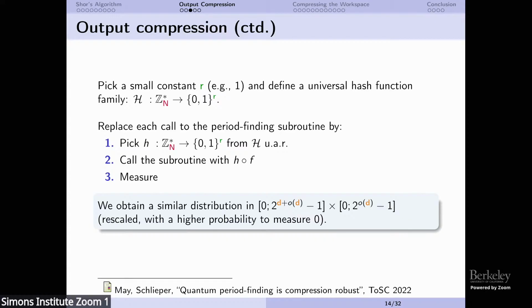And so it immediately, like generically, allows you to run any Shor-like algorithm with this. It's not exactly the same distribution as before, though. The only modification is that you obtain a higher probability to measure 0. But if you remove all the zeros, and the highest possible is when the constant equals 1, you get one half of 0 results. If you remove all the zeros, then you get the same. Sorry. Why do you have a high probability of measuring 0?